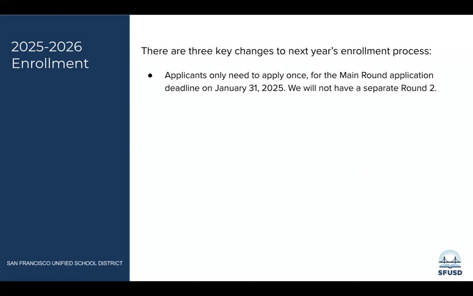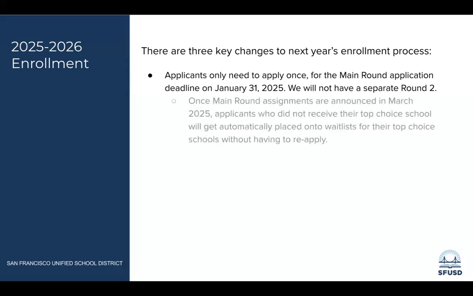So there's only one main round application, which is due on January 31st, 2025. 咁第一個最大嘅變動咧，就係我哋得一輪嗰個申請嘅啫，唔係好似以前咁樣第二輪、第三輪嘅。總之就係一個叫做主輪，佢嗰個申請截止日期咧就係2025年嘅明年嘅1月31號。